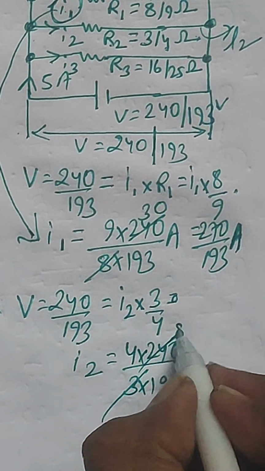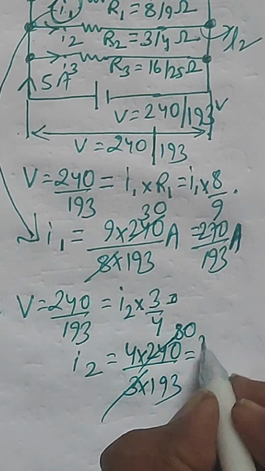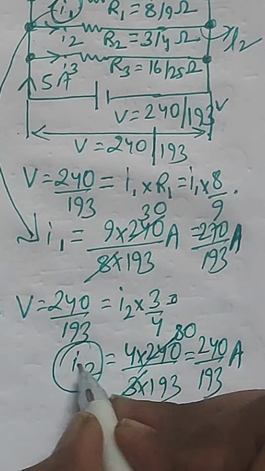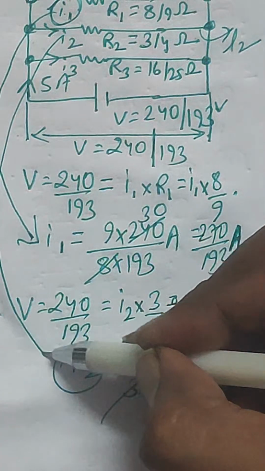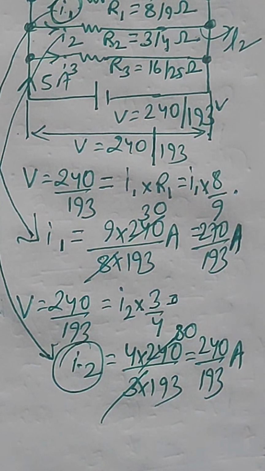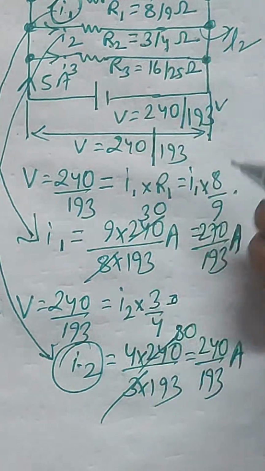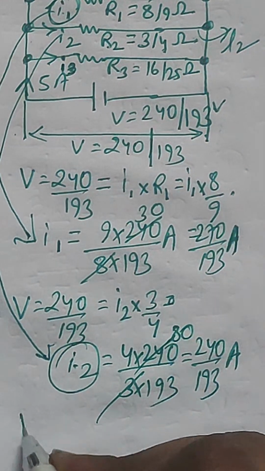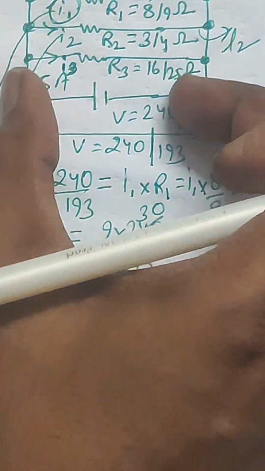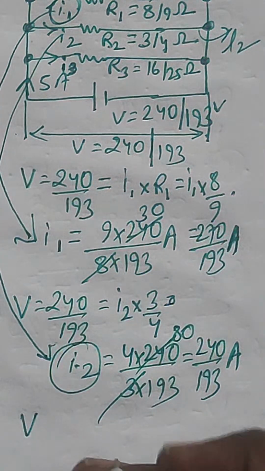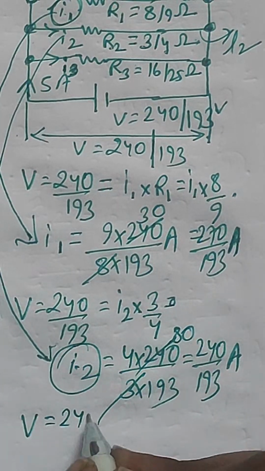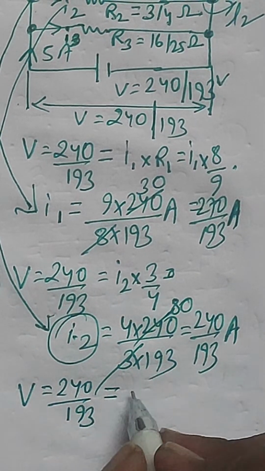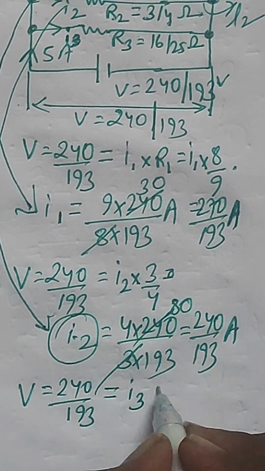So this will be 3 8 24 80. So this will be 240 by 193 ampere. This is the value of I2, right? Now I3 is left, because into the third branch I3 was flowing. Now against the same voltage, because all these three branches will be having the same voltage which is parallel connected. So V equal to 240 by 193 will be equal to, just apply again the KVL, I3 into